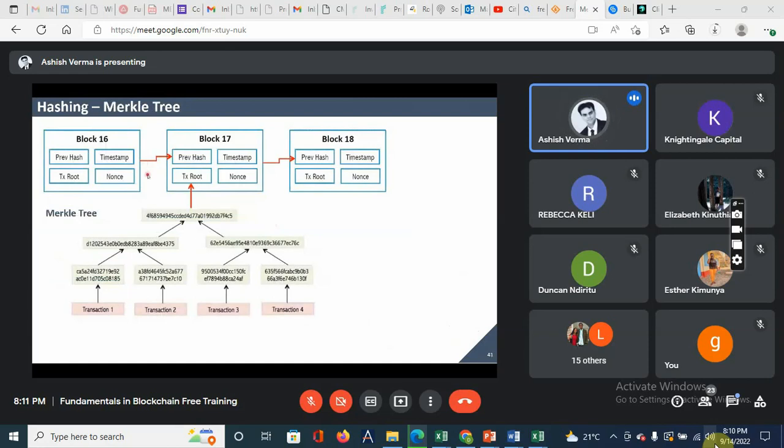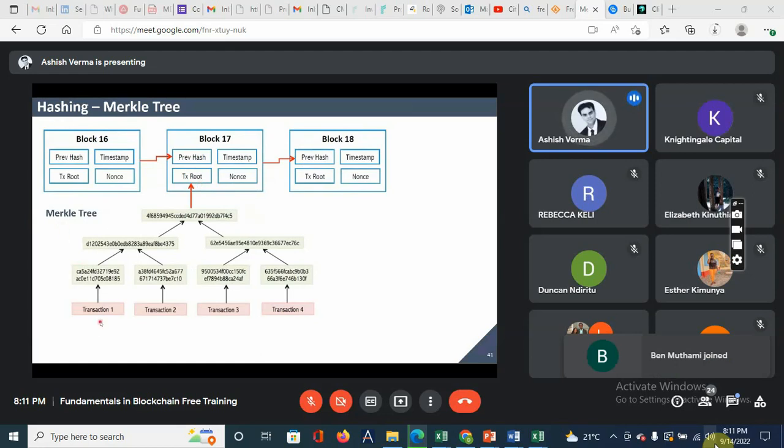This is the same kind of example which we saw yesterday. Blocks are being generated and chained together. And yesterday we saw we had two things here. One is the previous hash and one was the hash. That hash was actually known as the transaction root. We'll understand more about it. That hash which is being put in is based on this logic known as the Merkle tree.